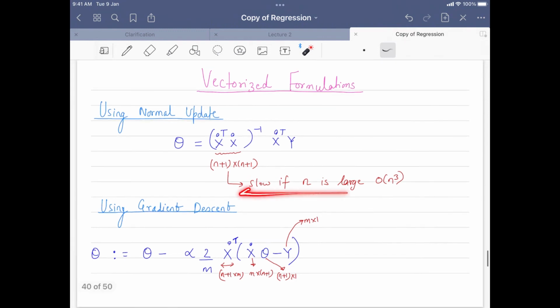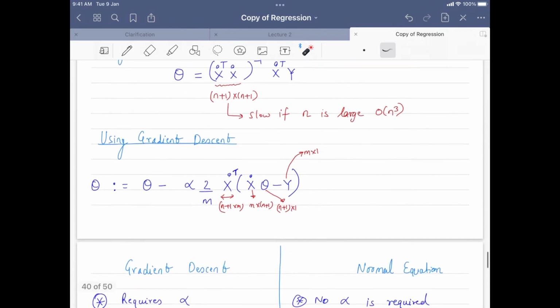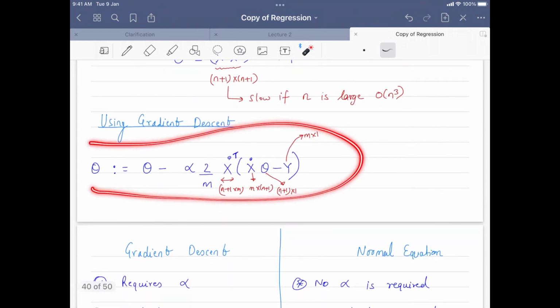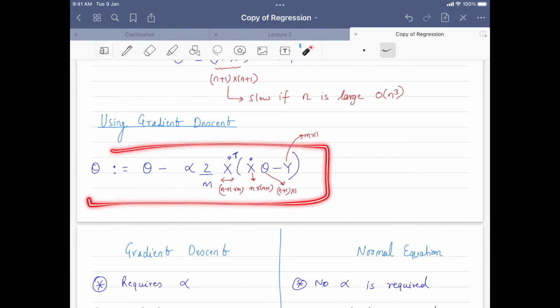It will be slow by that n cube value. Okay. So normal update, we know we had a problem because of this inversion problem. So we avoided it by using gradient descent, and this is the equation that we have for gradient descent. So in this, basically, if you recall, this equation is also the same as that of the